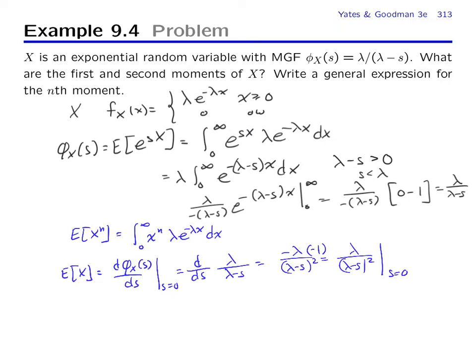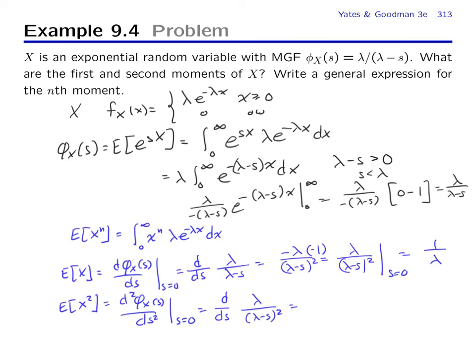Now evaluating at s equals 0, we get 1 over lambda, which indeed is exactly what we've already known to be the expected value of the exponential. We can do a second step by taking another derivative, d squared ds squared evaluated at s equals 0. And so this is the derivative of lambda over (lambda minus s) squared. And this equals 2 lambda over (lambda minus s) cubed evaluated at s equals 0, which is equal to